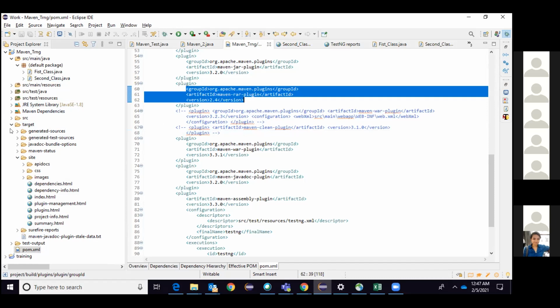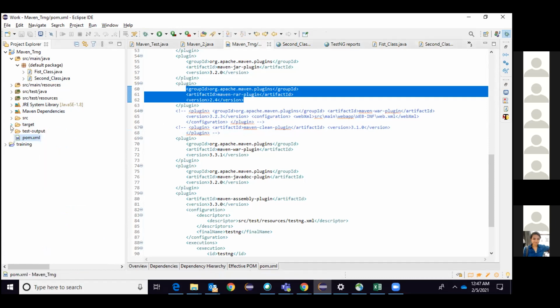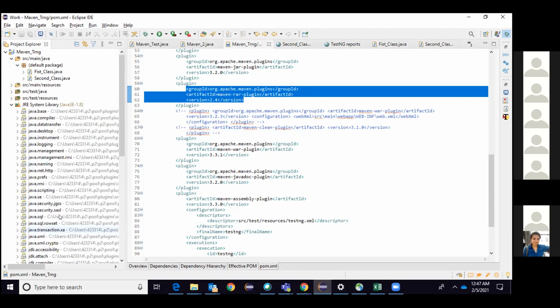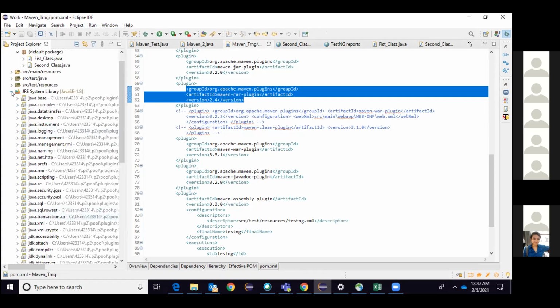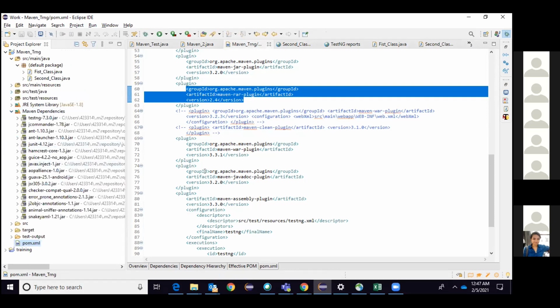All these people say, okay, this is a library, it is coming from the Maven repository. But when I search here, the libraries are not at all available. I mean, not in the JRE, but in the Maven dependencies, because I have added them in Maven, right? In the Maven dependencies, you do not find any library. Why? What is the major reason the Maven plugins are not put here?